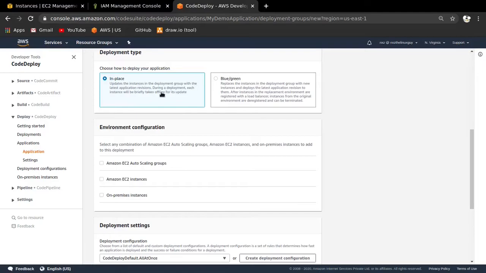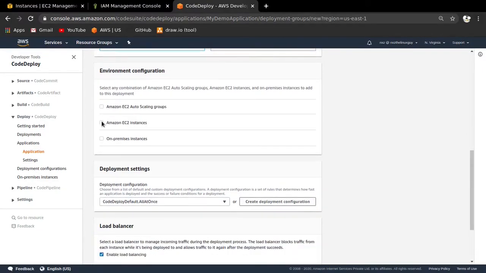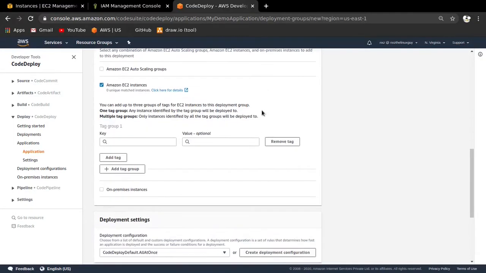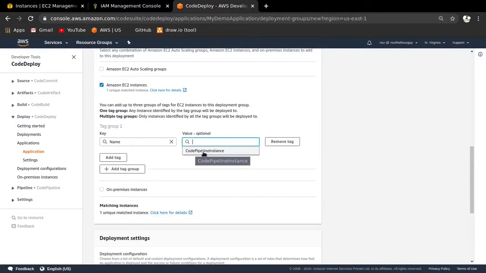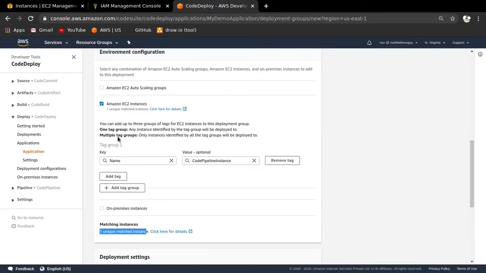So that's nice for this demo. Environment configuration, I'm going to select Amazon EC2 instances. This is the place where we target our instance. We have given a key and value, or a tag, for our instance, so we have to use that here. I'm going to click here and it's going to show me the name. Value is CodePipeline instance. I'm going to select that, and as you see, matching instances, one unique matched instance. So that's how we target our instance in